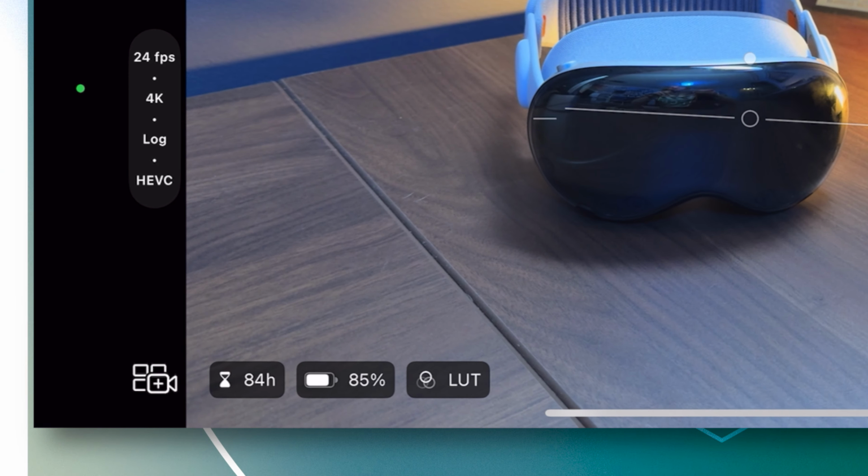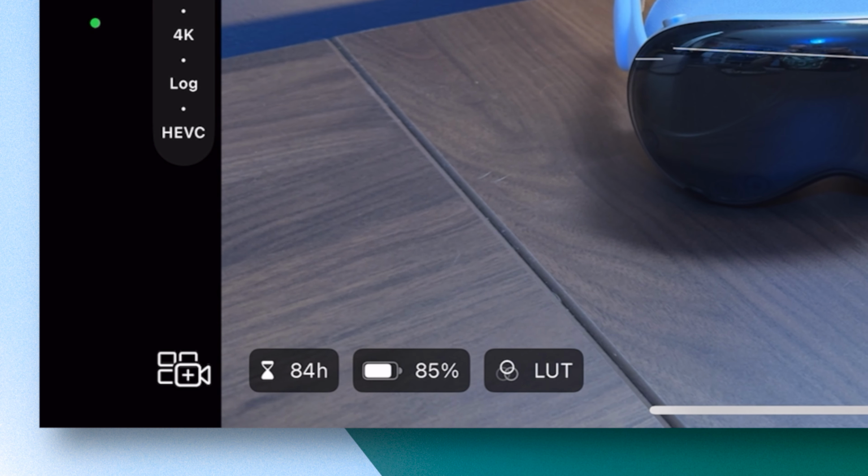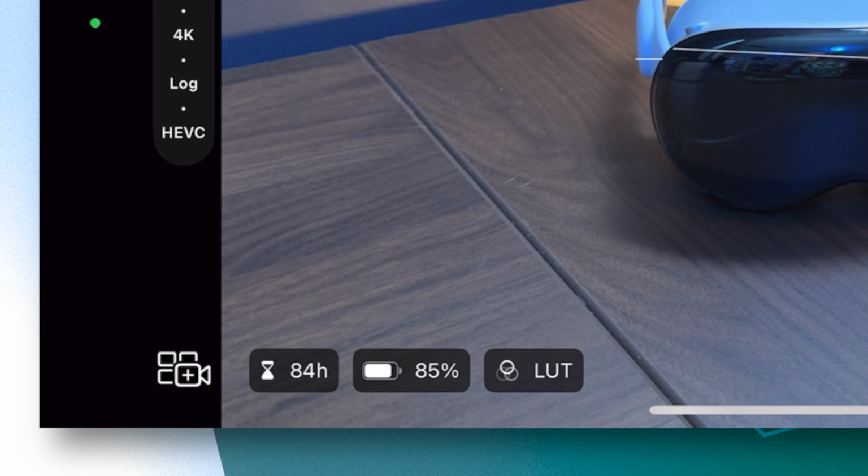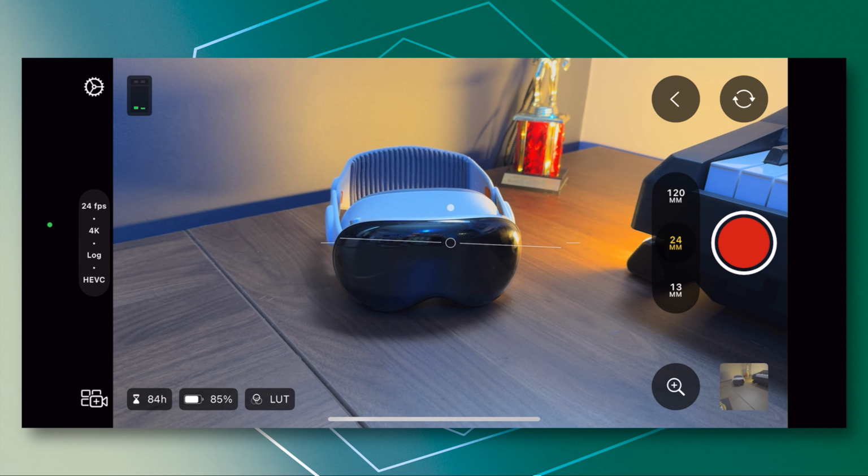You'll also notice in the bottom left-hand corner that it says LUT. That just indicates that we are filming in Log and we are using a preview LUT. It should be noted that this LUT is not baked into the footage and you're not losing any dynamic range when you use it. And the last incredible feature added to Final Cut Pro Camera 1.1 is the ability to